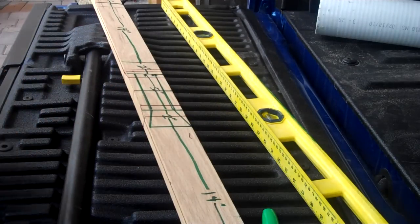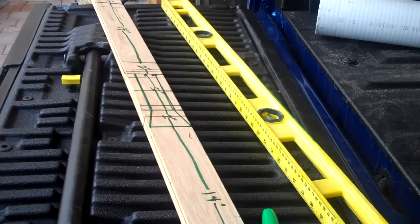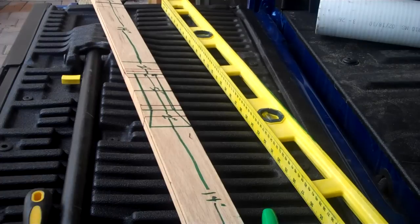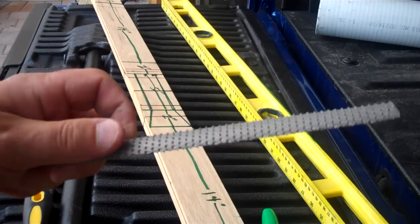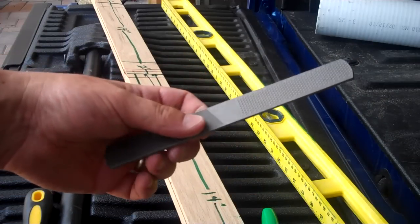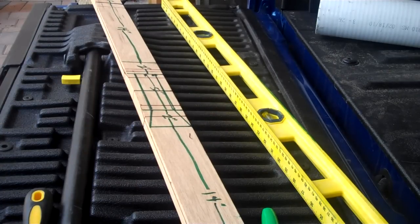I'm also going to challenge myself a little bit here, because in this particular build I am only going to use two tools. No power tools, no craziness. I'm going to use this file, which is obviously the girthy file, and a four-way rasp, or whatever they call these things. Those are the only two tools I'm going to use. I just picked them up. They're brand new, from Ace Hardware. They were in the bargain bin for